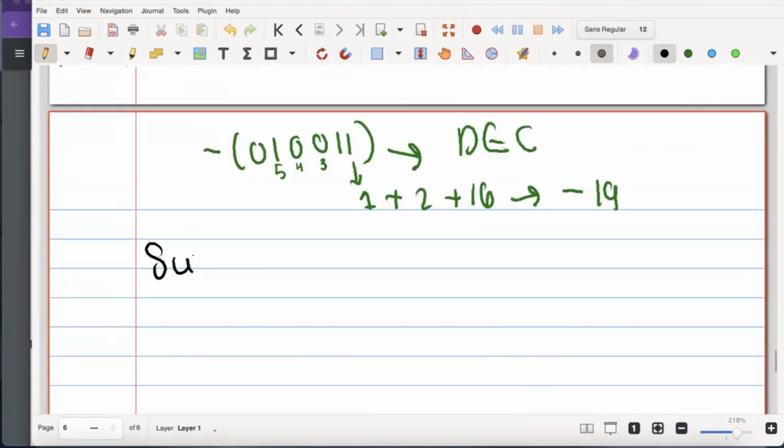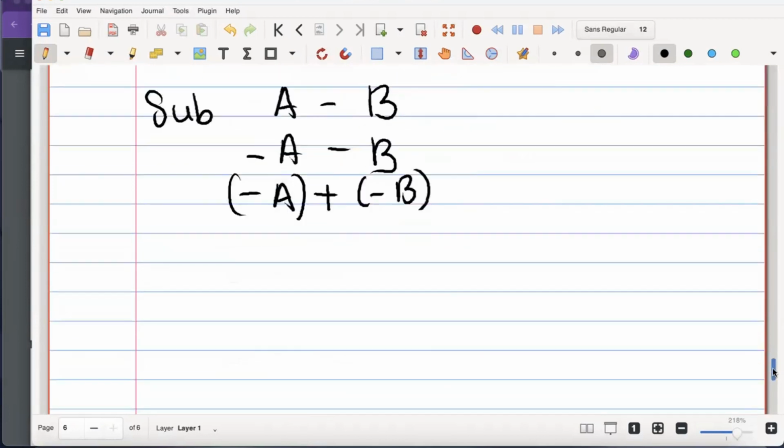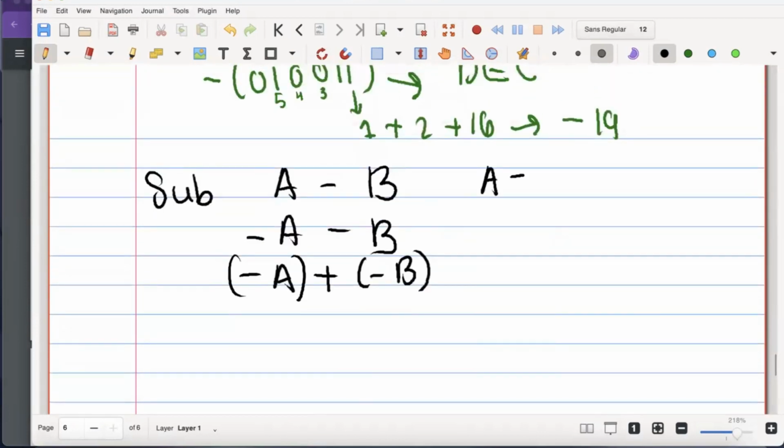So this is subtraction. Let's say you have A minus B. Then you have minus A minus B. Then you have A minus B, or minus A plus a negative B. Okay, and let's keep this very simple. They might give you binary numbers, they might give you decimal numbers. Let's say A was 8. Let's say B is